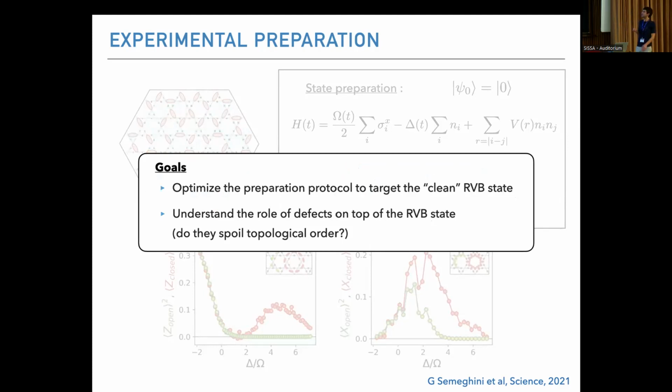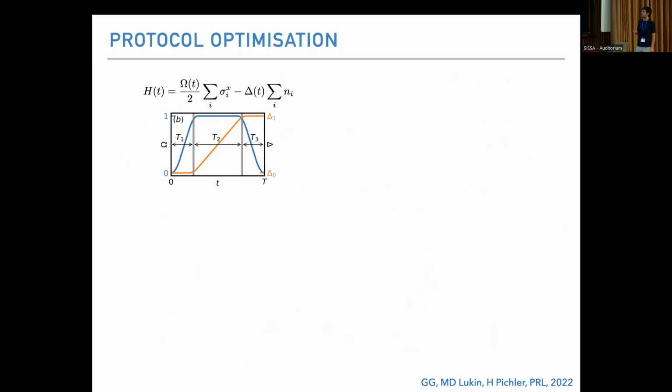I mean, if you add defects on top of the dimer coverings, you increase the correlation length, and perhaps you spoil the topological character of this state. So the second goal indeed is to understand whether adding defects does spoil topological order or not. And the way I did that, very briefly, is by devising a protocol of experimental preparation in which you